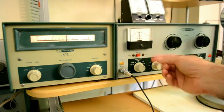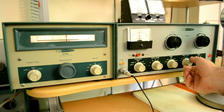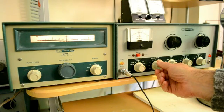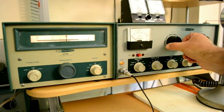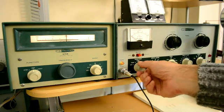And we need to have about 2.5 mils of grid current, which we do have, and we get it by peaking the driver tune over here, and then we can set the level right here. So now we are set. The next thing we do, I'm going to turn the loading down to 0 so you see how I do this. We then put it into the CW position,